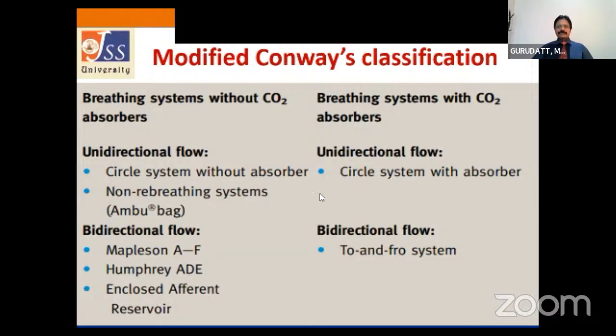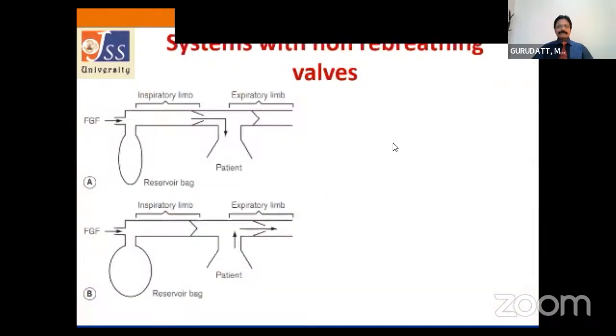Non-rebreathing systems were also being used initially. It is just like a Mapleson A circuit or a Magill circuit, wherein you replace the expiratory valve or the APL valve with a non-rebreathing valve. Once you replace it with a non-rebreathing valve, it becomes a system with non-rebreathing valves, or the system without carbon dioxide absorption with a unidirectional flow. Many times one of the questions that used to be asked is, suppose you have a Magill circuit, how do you use it for controlled ventilation? Definitely you can change it to a non-rebreathing valve and then control the ventilation